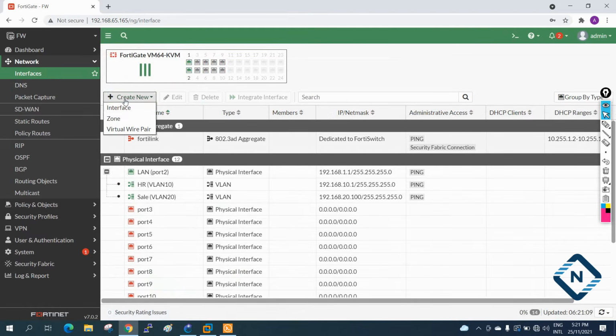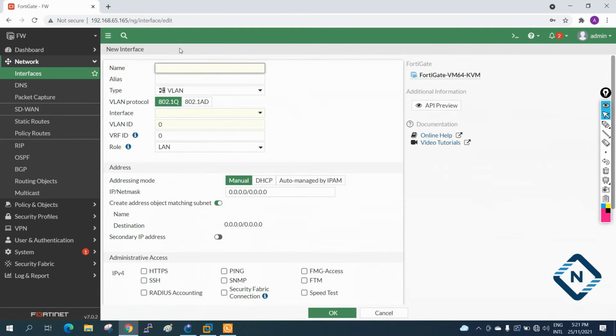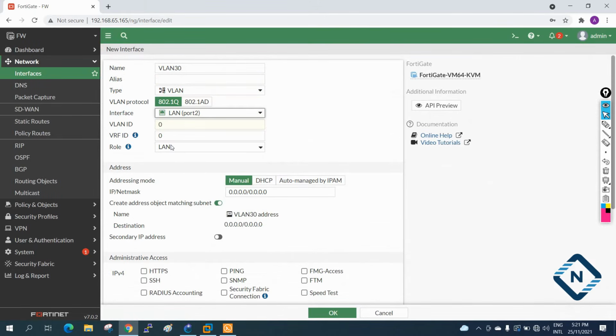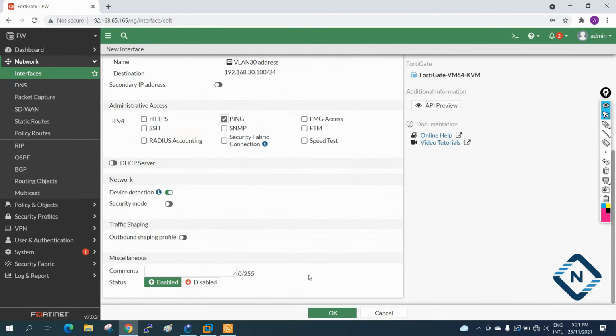Now I will create one more, that will be VLAN 30. So I will write VLAN 30 here, and the interface will be this one only, the VLAN ID will be 30, and the IP will be 192.168.30.100 with /24 and allow ping. Okay, I am doing this setting.